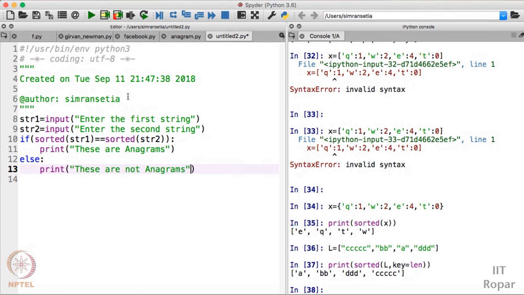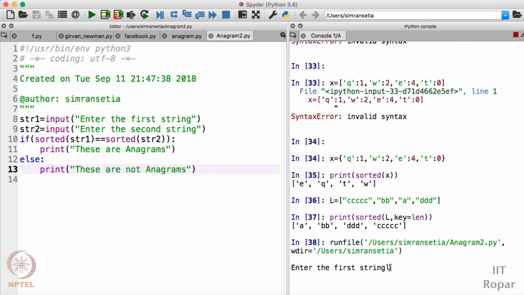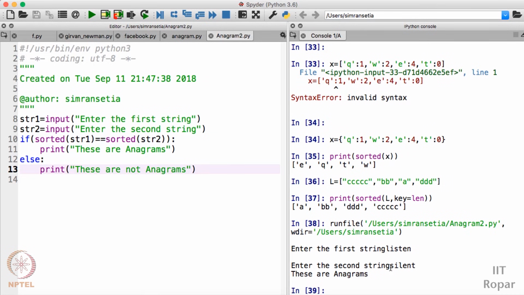So let us run this program. I'll just save it as anagram2.py. Enter the first string, I'll enter listen. Enter the second string, I'll enter silent. These are anagrams. So our output is correct.